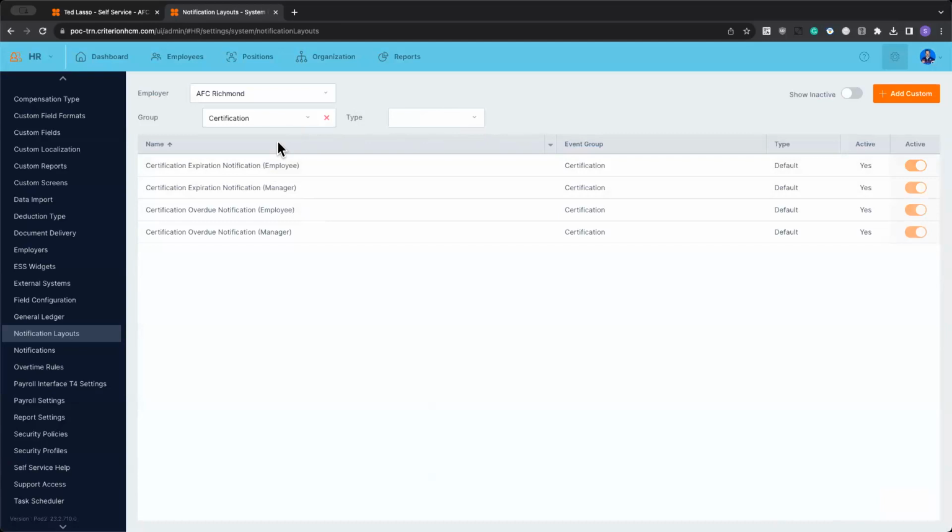But let's just look at certifications. I'm just picking one. It doesn't really matter which one I'm looking at here. So these are expiration and overdue notifications. And you'll see one for employee and manager. Now, of course, the name is going to depend on whatever the situation is that you're looking at or whatever the group. Some of them might be workflows, others might be delegation or something like that. So, of course, you can look at those in there. But I'm going to click in here and just show you